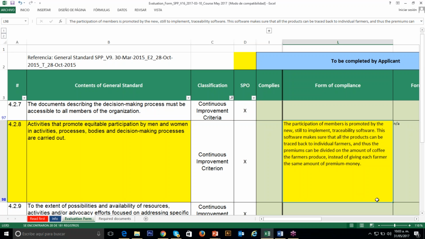And do you consider that the answer responds to the question or to the criterion? No. Or just that part, activity that promotes equitable participation by men and women in